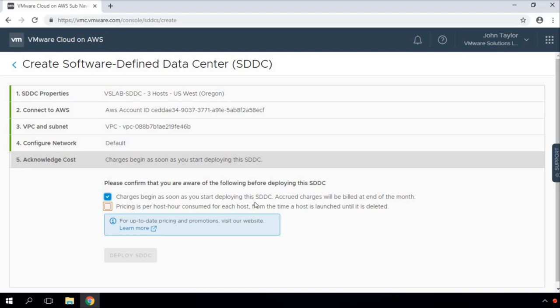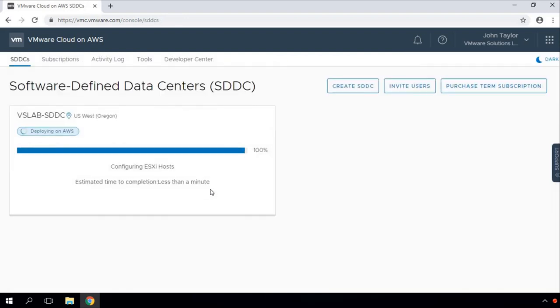Your charges will begin as soon as you start deploying SDDC. Yes, we know that pricing would be per host consumed for each host. It means that the current pricing is the on-demand pricing, where VMware would be charging for this particular service consumption on a per hour per host basis. So click here and click on deploy SDDC.